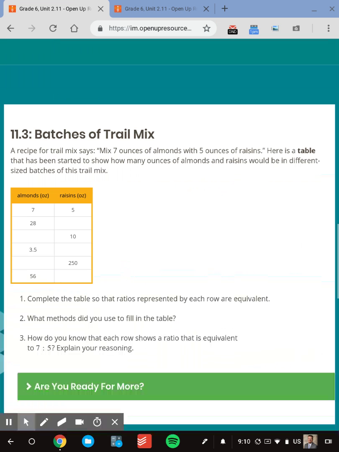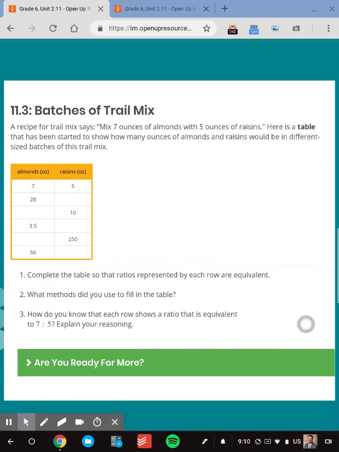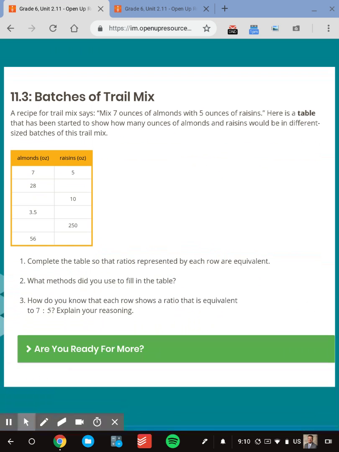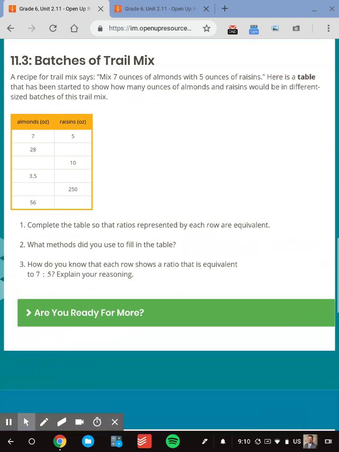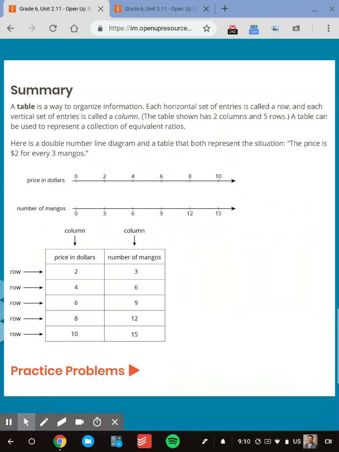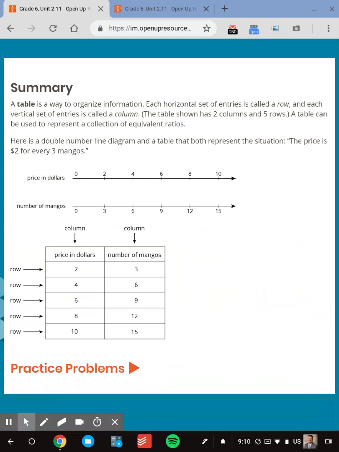Then as we move on to the batches of trail mix, activity 3, students are working through this. It's more simple calculations. And so students are just filling out the ratio table, talking about how they did it, and trying to just wrap their minds around this table as a new representation. As you go through the curriculum, feel free to also do horizontal tables so students get used to that as well. In the summary, we're going to kind of pull all of that together and help kids come to an